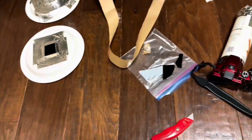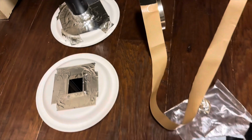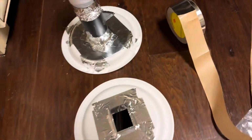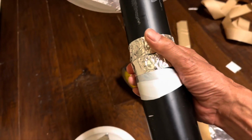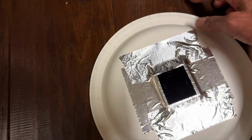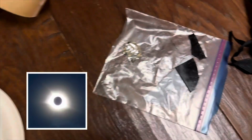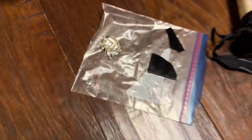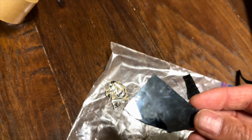And anyway, this video is just really to show you how you can improvise to be able to visualize the eclipse, even if you were unlucky enough to not be able to get the sunglasses. And I think you'd actually probably be able to see it better with this, which doesn't need any special lenses or glass. I happen to have this glass lying around because I was able to get some good imaging of the eclipse back in 2017 in Nashville, and I have some pieces of the glass. And what I want to do with these little pieces here is stick these on the front of my phone, so I can point the phone directly up at the